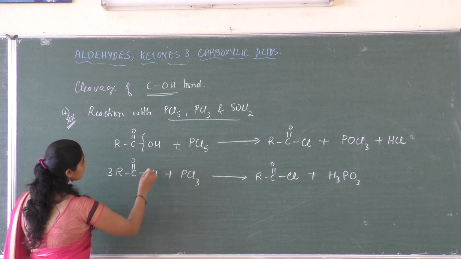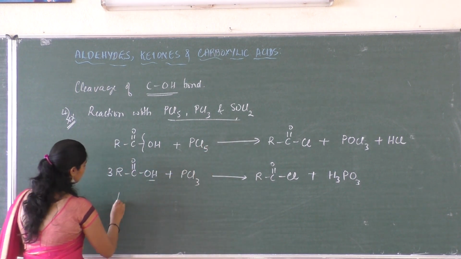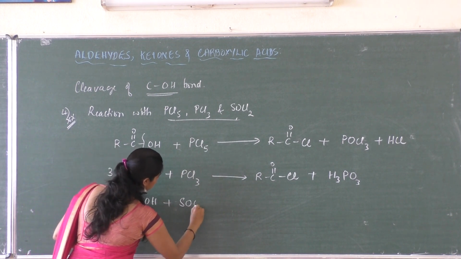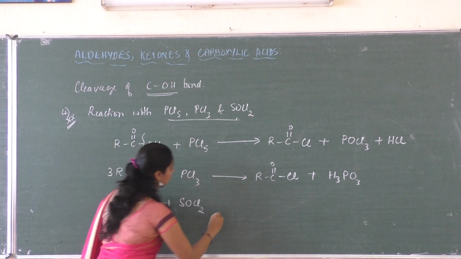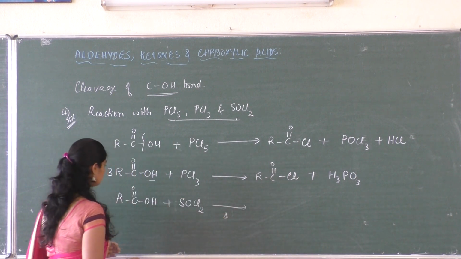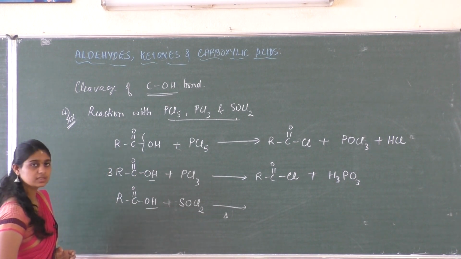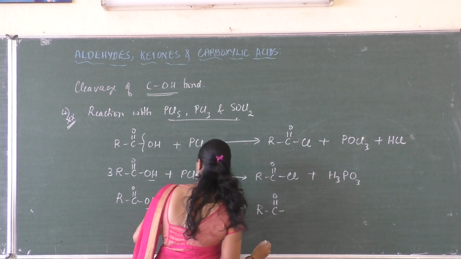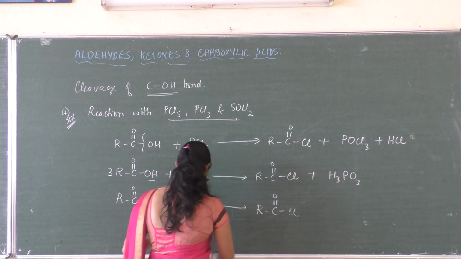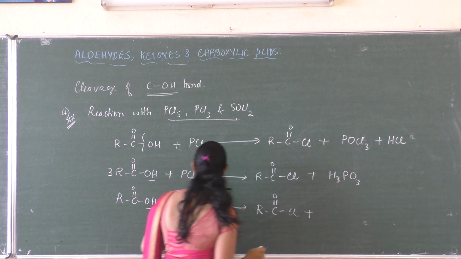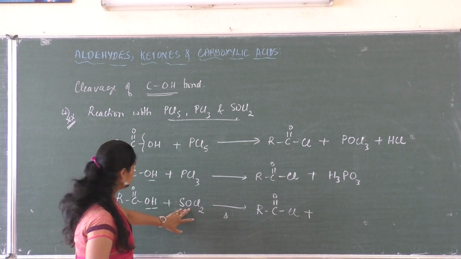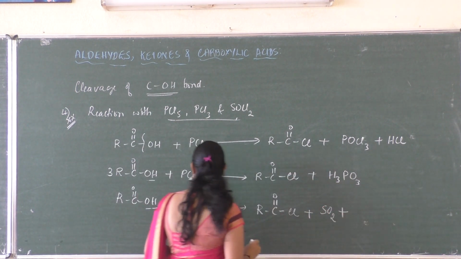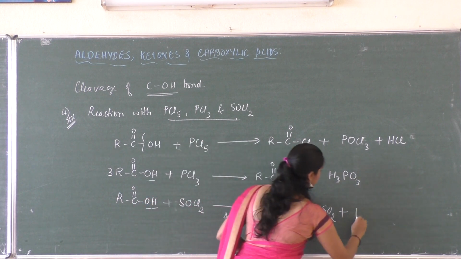And the next and the last one, which is important, is the reaction with thionyl chloride. So carboxylic acid, when it is treated with thionyl chloride, SOCl2, again the replacement takes place. So remove the OH group, R, C double bond O, then Cl, plus sulfur and O are remaining, which adds one more oxygen so as to form SO2, sulfur dioxide, plus the hydrogen that is remaining, plus HCl.